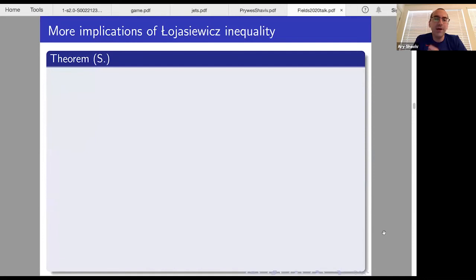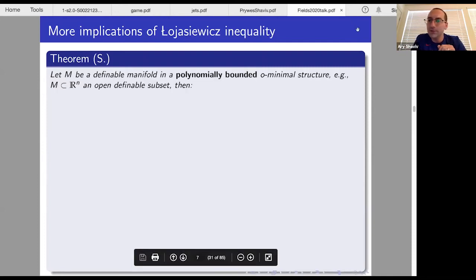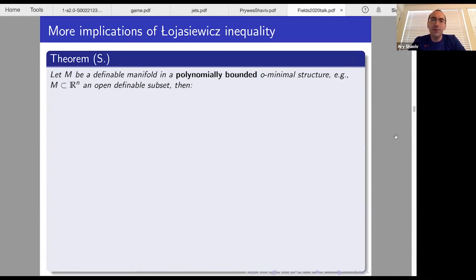I called it more implications of the Lewis-Savage inequality because essentially all you have to do is nothing special, and when you're stuck, you must use Lewis-Savage, and it shows you that everything is compatible. So if we have a definable manifold in a polynomially bounded, and I'm stressing polynomially bounded, o-minimal structure, and for instance an open definable subset of Rn would be an easy example, then we have essentially that the whole theory